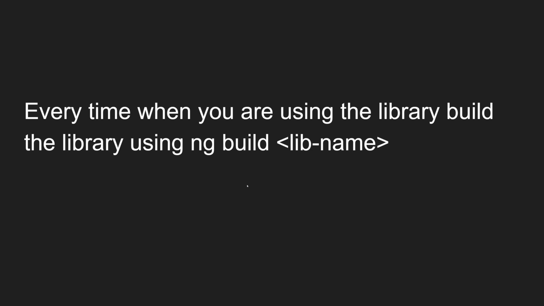So this is all about the library. Hope you understood the library concept. A library is just like an application. If you want to reuse functionality, you can create it as a library. For creating the library, we use ng generate library name, and these are some of the options available. You need to understand that. We can also publish this library as an npm package. If you want to publish it to npm, you can do that. It's not a big thing. Hope you understood this.